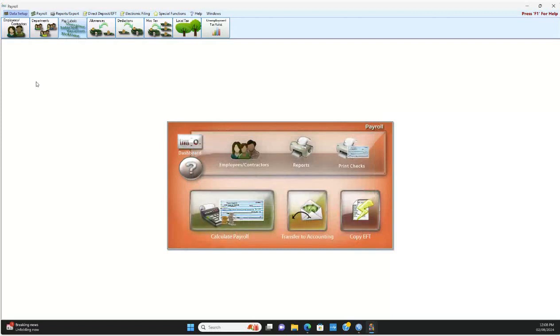So now that we've got those pay labels set up for our paid time off, we are going to go in and assign and use those with our employees. So if we go to employees, contractors now,